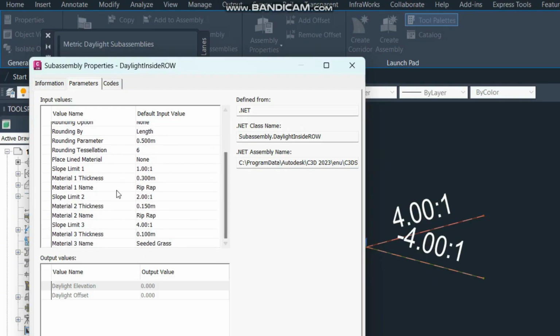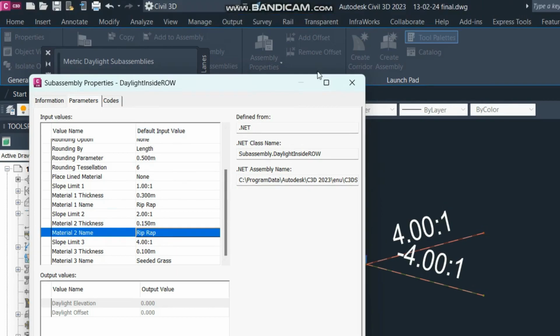You can use different types of material. Then daylight multiple surfaces, there is an option for multiple surfaces: surface 3, surface 2, surface 1. So you can target multiple surfaces at the same time in this daylight subassembly. If I click here and go to this daylight and go to the properties of this from here